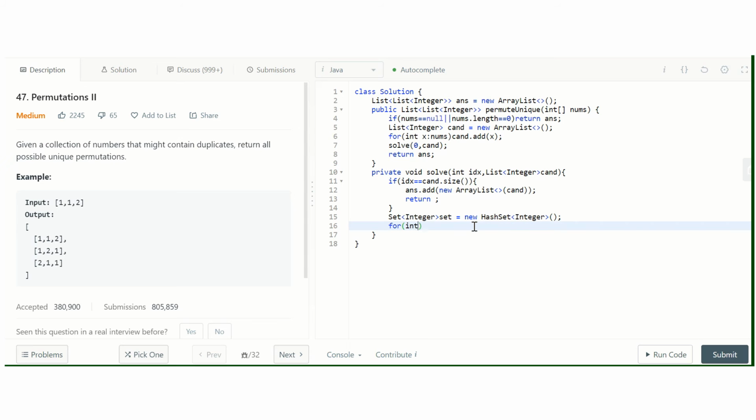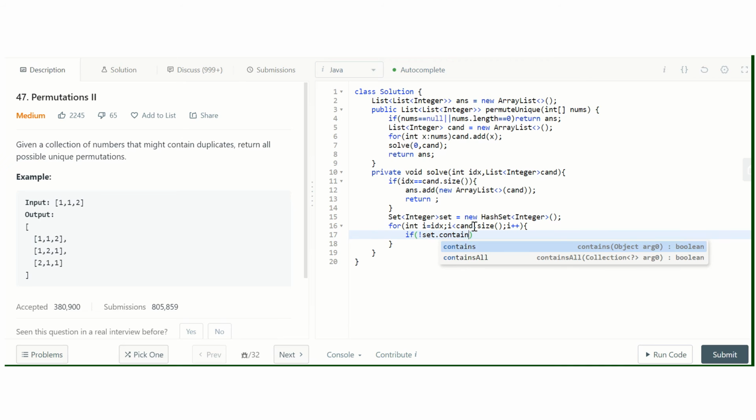So int i equals idx; i less than candidate.size(); i plus plus. We check if our set contains candidate.get(i).